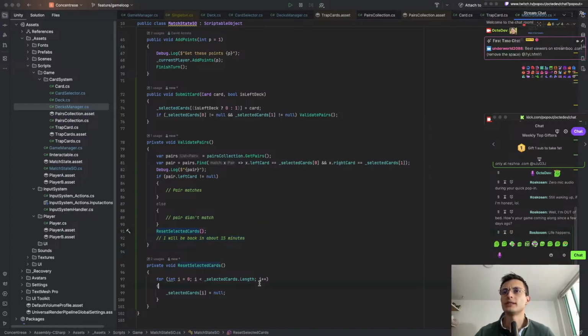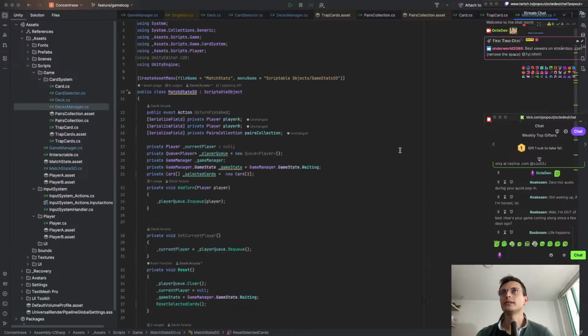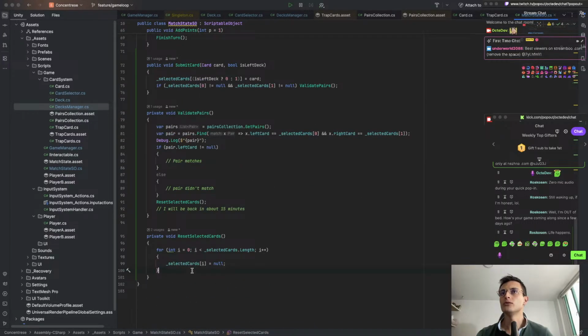So we were doing selected cards and we were resetting them. Now when they are finally reset, the turn, but this is match. Okay, so here is where I triggered the action on turn finished. So after that